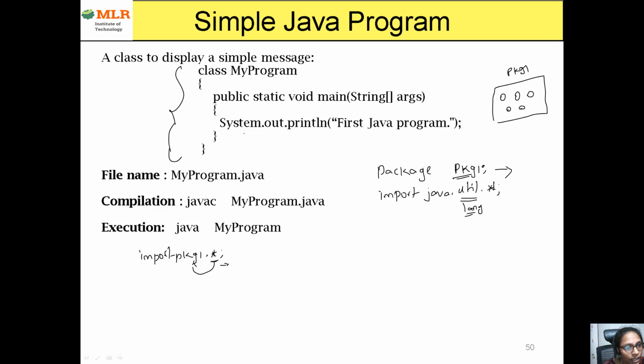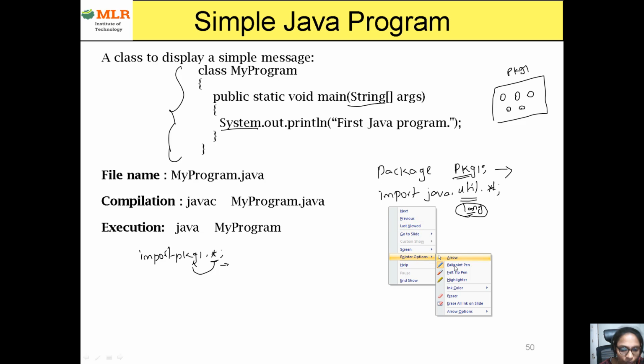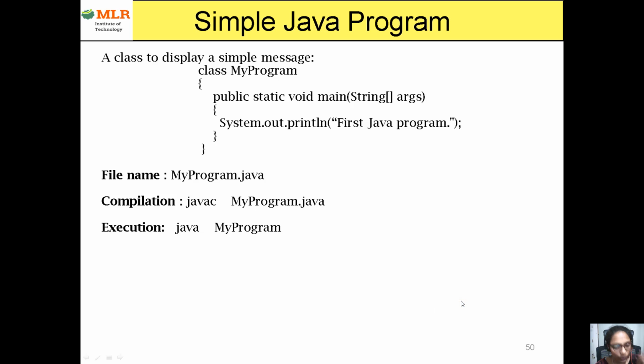If you write the first letter as capital in Java, it is considered a class. If you observe here, String is a class, System is a class. These two are predefined classes which we are using, but for them we are not importing any package. That means these two classes are available in the lang package. As I told you, the lang package is a default package, so there is no need to import it. Without writing an import statement, we can use it. And creating a package statement is also optional. If you want to create one, you can; otherwise you can simply write a program.